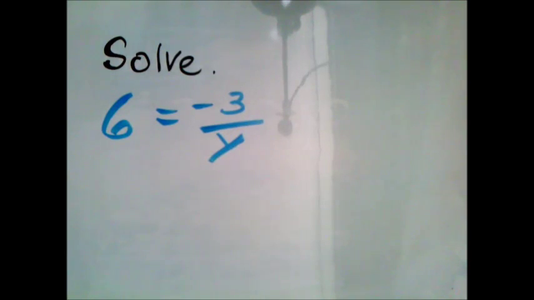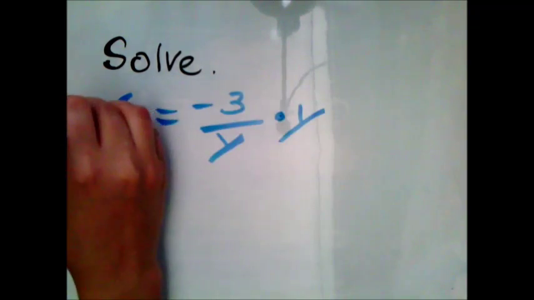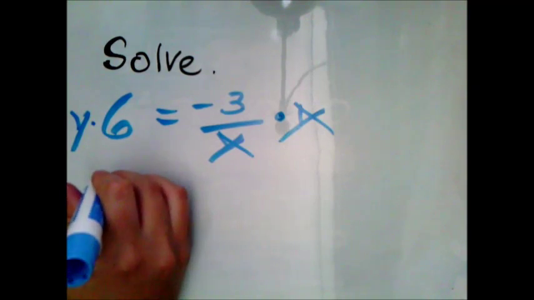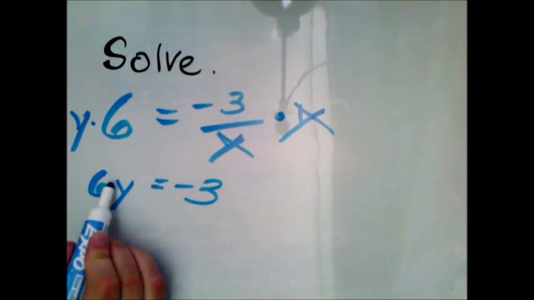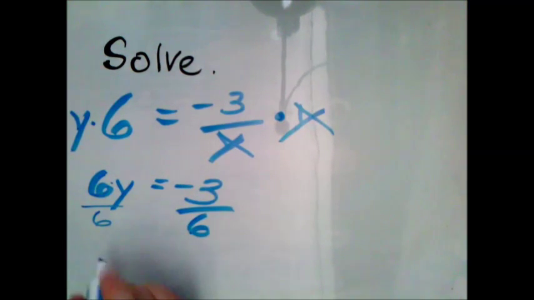So 6 equals -3 divided by y, or over y. So if I want to get rid of a divided by y, I can multiply both sides by y, so that these cancel. So I end up with y times 6, or 6y, equals -3. And so now to get rid of a multiplied by 6, if I divide both sides by 6, so